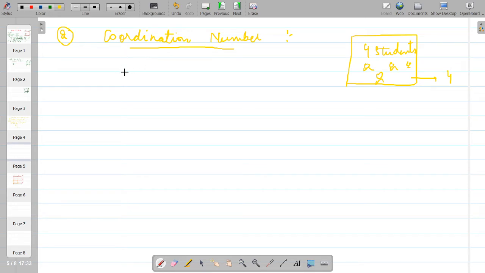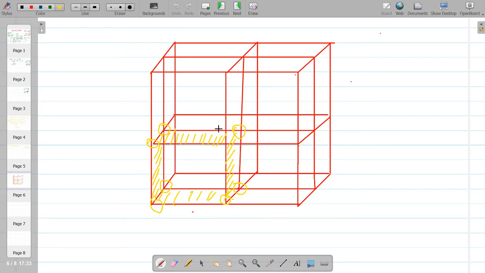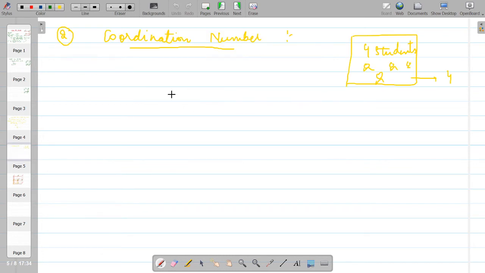Or if I have to relate this to our simple cubic structure, if we visualize this diagram again, you can see this atom will have its nearest atom, it will be sharing a bond with this atom. Similarly this atom will be sharing a bond with this atom, and similarly with this, and this, and this atom. Or in simple manner we can say that in the simple cubic structure the coordination number is 6.